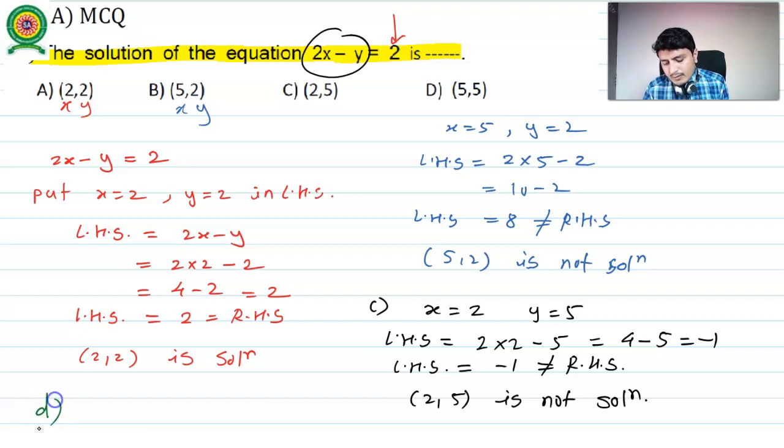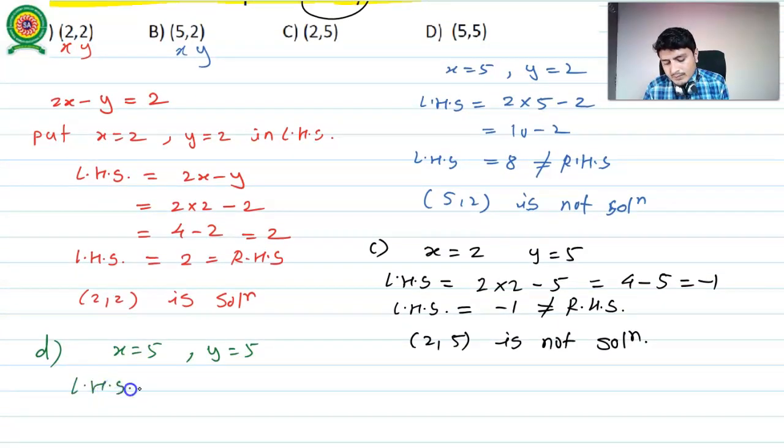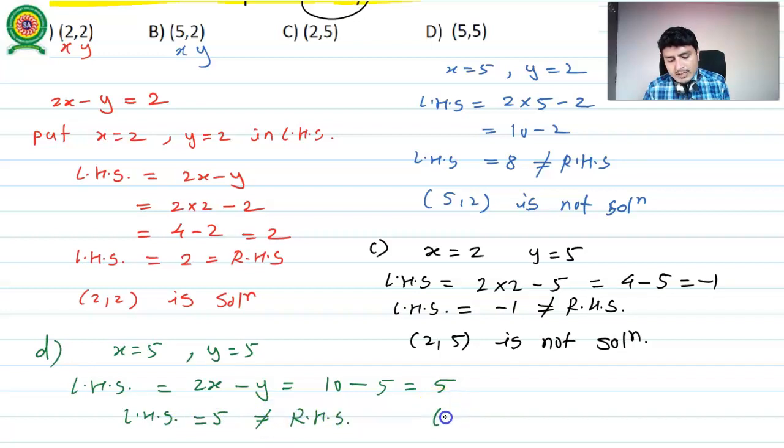Now let's take choice code D. We have x equals 5 and y equals 5. Let's try to replace x by 5 and y by 5 in the LHS of the given equation. It is of the form 2x minus y. So x becomes 5, 5 twos are 10, minus y is 5, 10 minus 5 is 5. So after simplifying the LHS, we have 5, which is not equal to 2, our RHS. So we can say (5, 5) is not a solution of the given linear equation